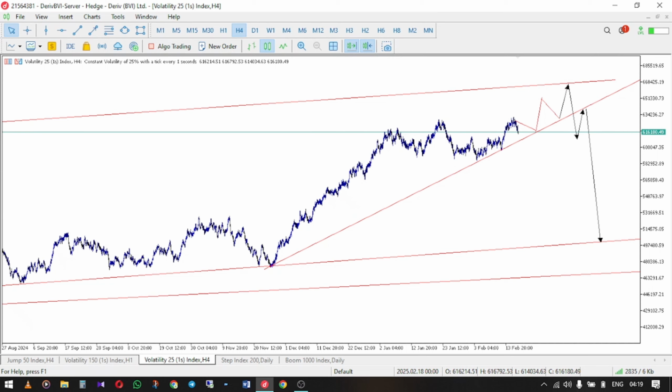So guys, this is what we're looking out for. Those asking, where will be the entry? Of course, you know our entry. Our entry is to go to the lower time frame, go to the 5 minutes time frame. Once price gets to this zone, go to the 5 minute time frame, look for a trend line that is